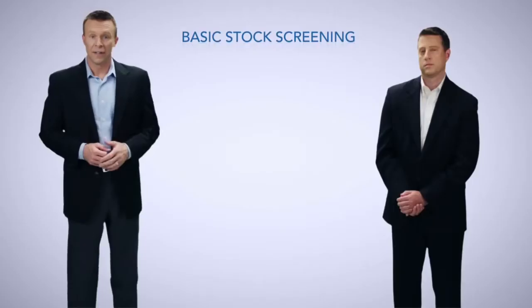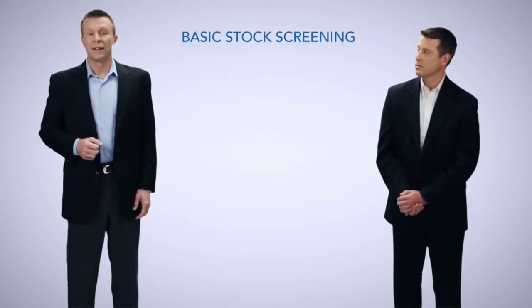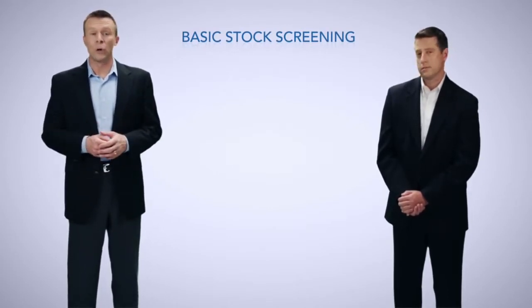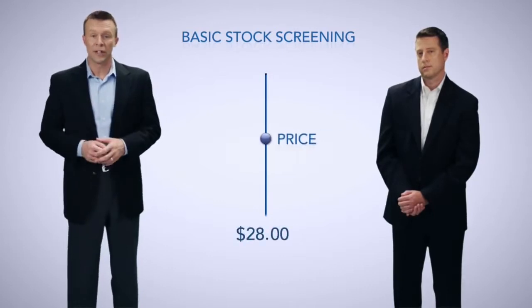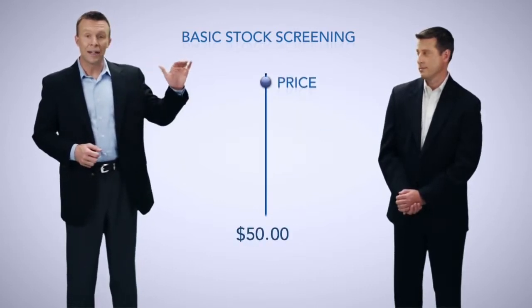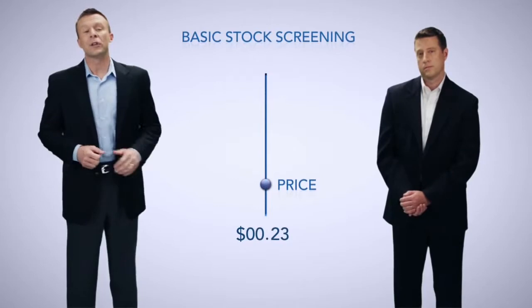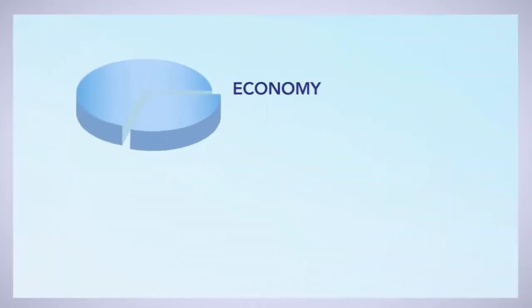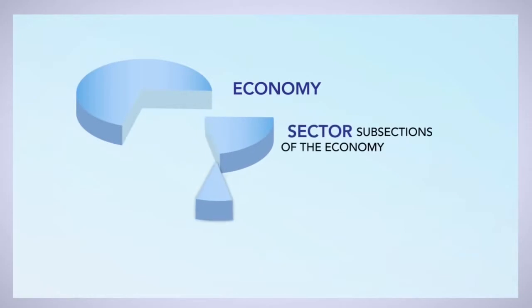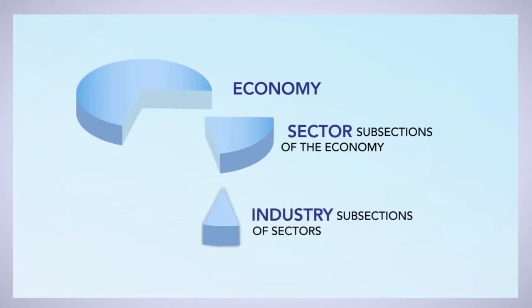Now in the first category, we're going to look at basic screening. For this, we're going to start with price. A lot of traders and investors prefer to focus on stocks within a certain price range. If a stock's price is too high or too low, they'll eliminate those from consideration. You might be partial to a particular sector or industry. If this is the case, you can find stocks within those industries by adding a simple filter to one of